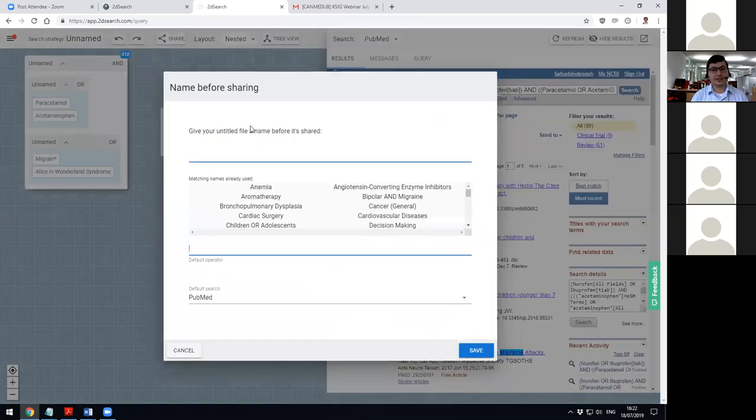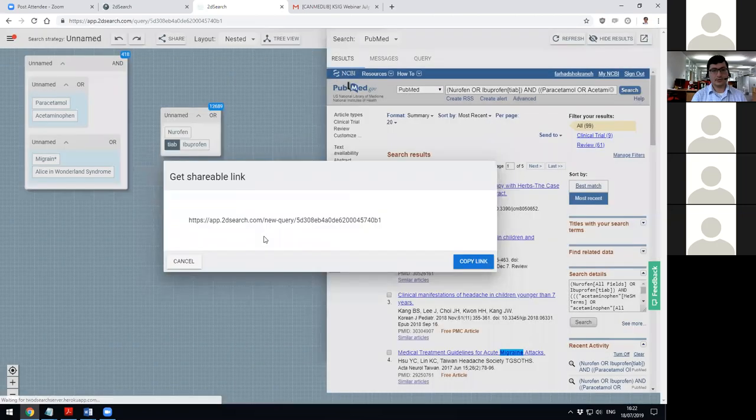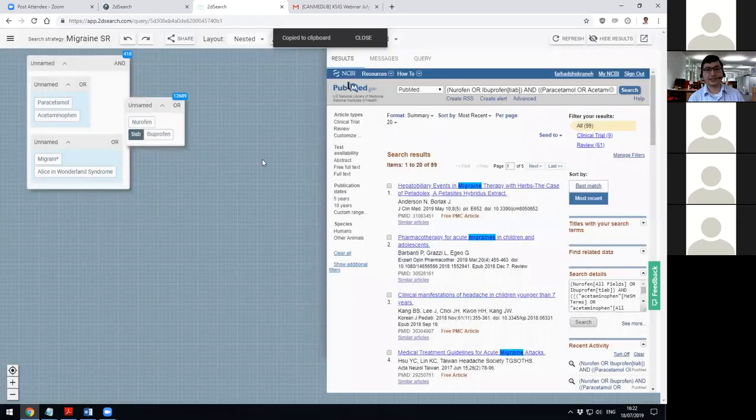And for sharing, I'm going to add it as migraine systematic review. It says to save it so that people could get back here and see it, and then you could just copy this link and share it. And anyone who is coming,